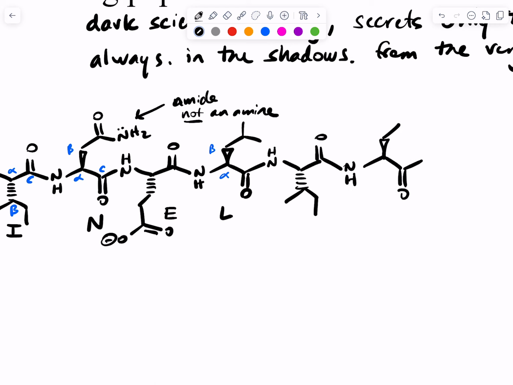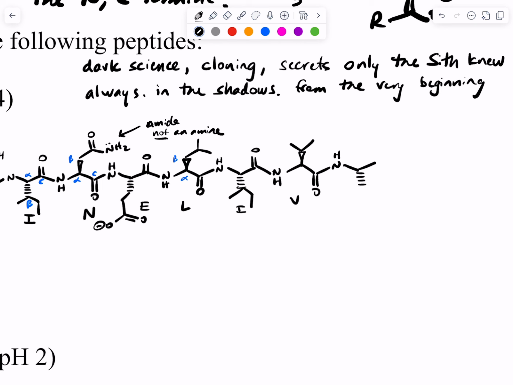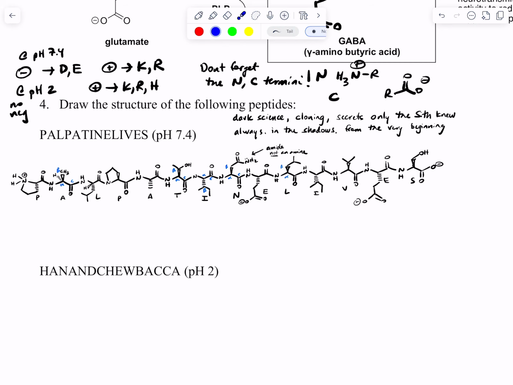Then you got V for valine. Another E for glutamate. And then lastly is serine. What is the serine side chain? Yep, beta carbon and then an OH. Palpatine lives. All right. So if we look at the overall charge on the molecule, I got a plus on